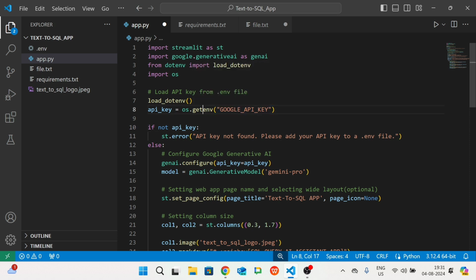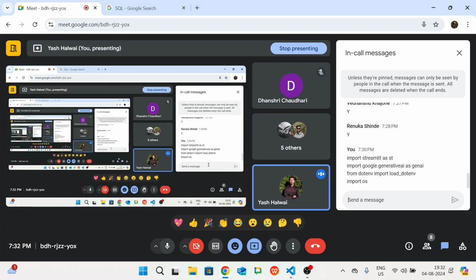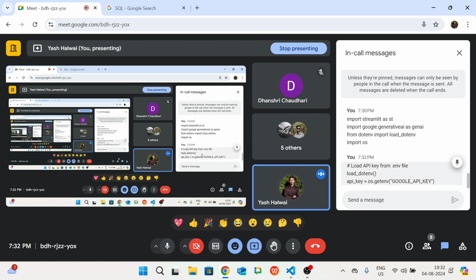So what does this do? It loads the environment variables from the .env file, and in the API key we fetch the API key from the environment variable. So this is the second part. Is it clear? Same thing we are doing from the last four projects.